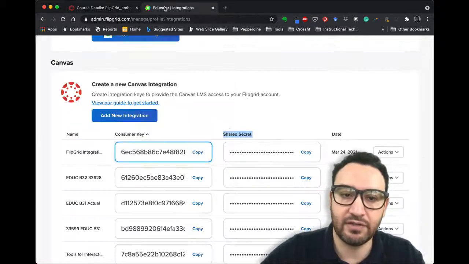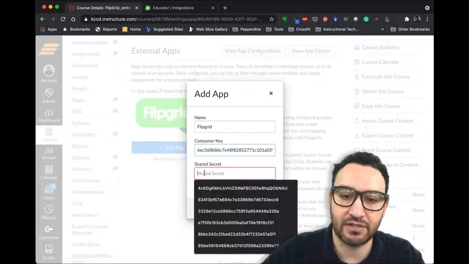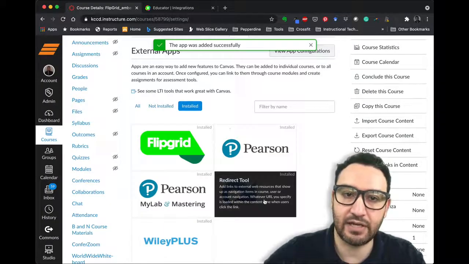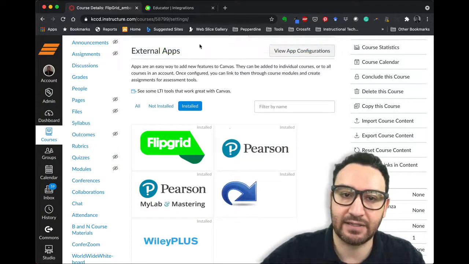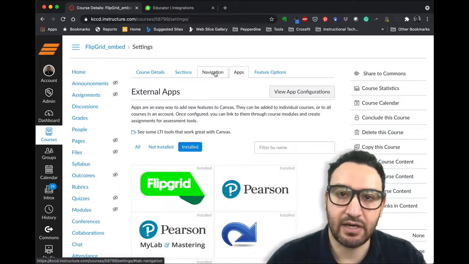Now I hop back over to FlipGrid, and I'm going to copy the shared secret this time. I'm going to say copy once again. And I'm going to come here to the shared secret, paste it into that field, and say Add App. Once I do that, you'll see that it says App was added successfully. So now that we've integrated FlipGrid into Canvas, next up we're going to look at how to actually attach it